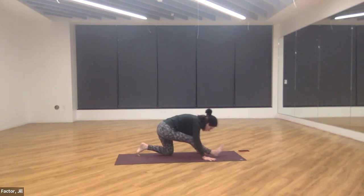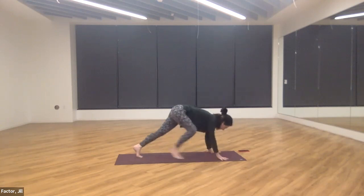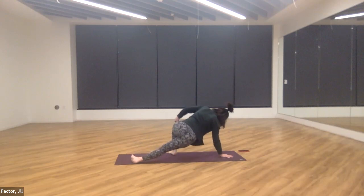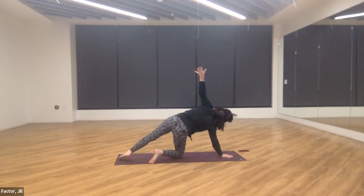You'll drag your right heel back to come into a low lunge and step into high plank. Side plank, it's your right hand that comes to center. Now you can always place your left foot down. You can place your right shin bones down as well. Your left leg can reach out. A nice modified side plank. Or